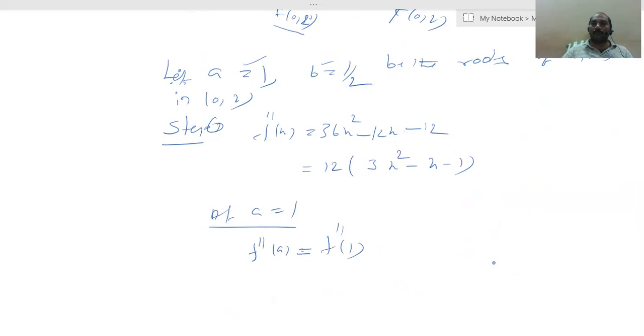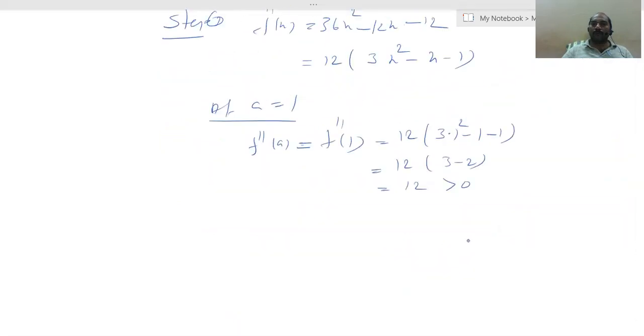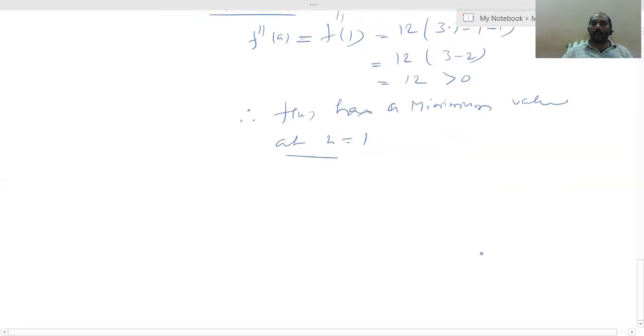What about the f double dash 1 value? It is equal to 12 times 3 into 1 square minus 1 minus 1, which is equal to 12 into 3 minus 2, which is equal to 12. 12 is positive, greater than 0. Therefore, as per our procedure, f of x has a minimum value at x equal to 1. Thus the minimum value is